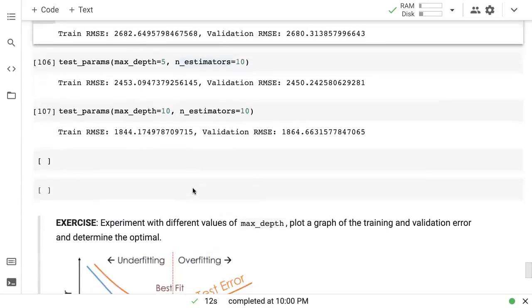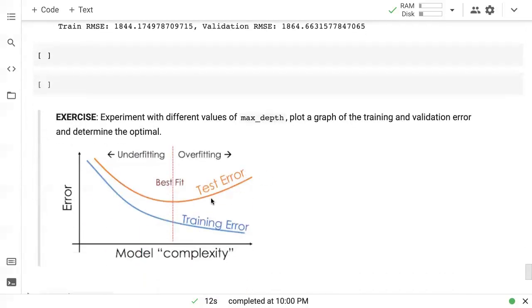So the kind of trend that you'll notice is, let's say around max depth of 15, the test error flattens out, and then maybe around max depth of 18, the training error is still going down, but the test error has started to increase. And at max depth of 20, the validation error actually starts to go up by a significant amount, right? So whenever you notice this trend, maybe you come back and find the lowest point.